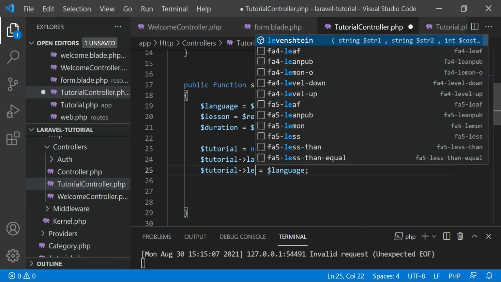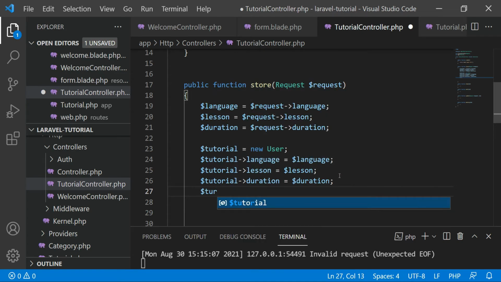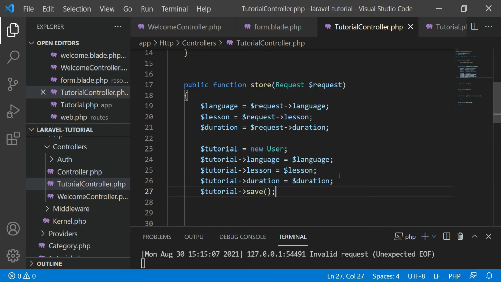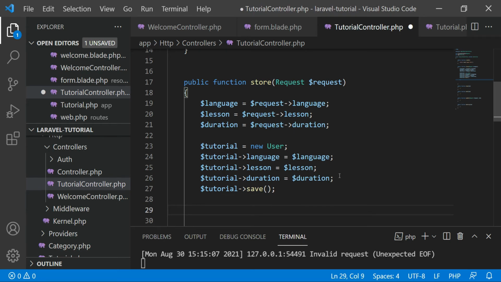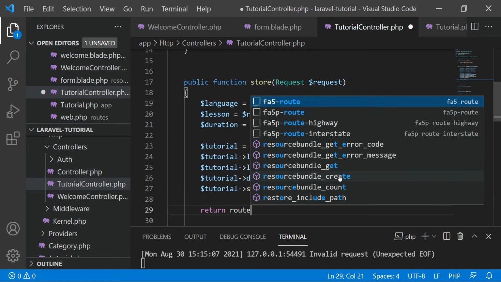We are also going to see in the lesson field, just provide what is in that lesson variable. Also for the duration, what is in that duration variable, and then you save tutorial, save, and that's it. The data will be posted in the database, and then you can do a return back, or basically you do a route